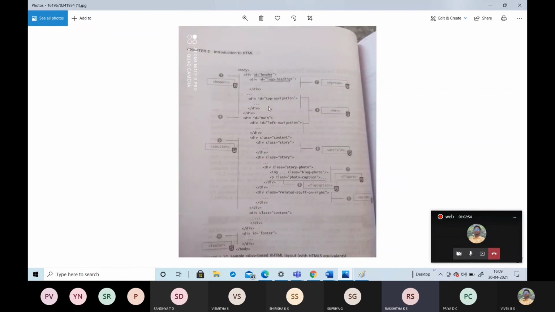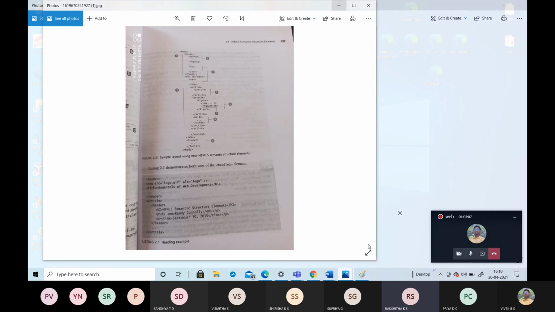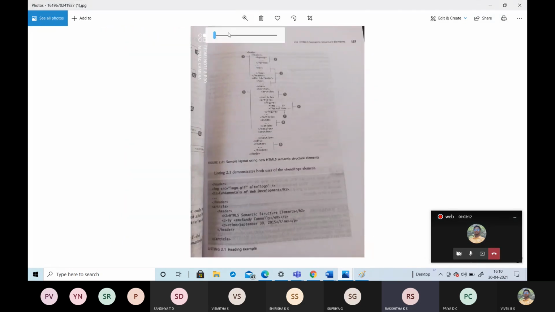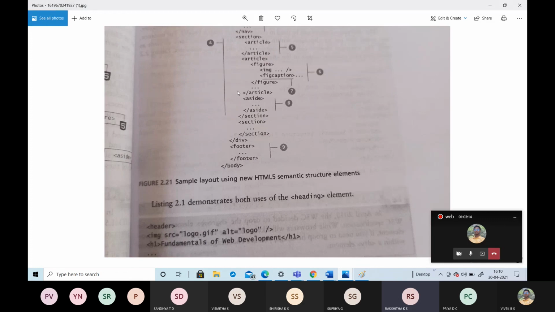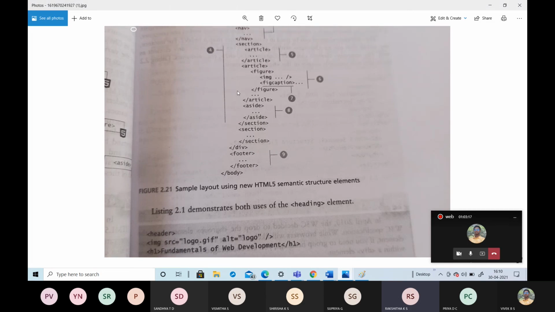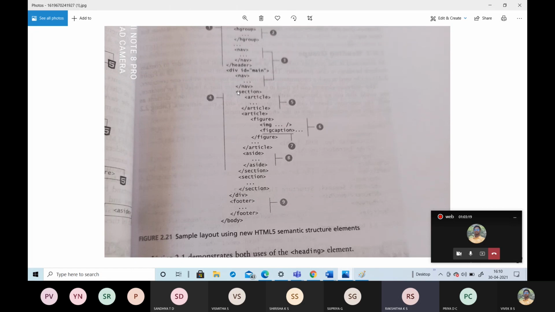Take a screenshot of this. This is the sample layout using the HTML file.